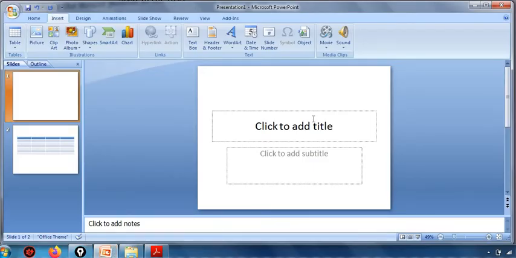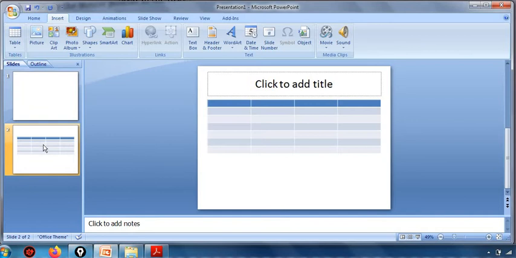Let me show you. So see, here in this slide we have a table, right? Now I will click on this first cell. This is the first cell, right? In this, suppose I enter something: Name. Next, I will click on Tab, right?